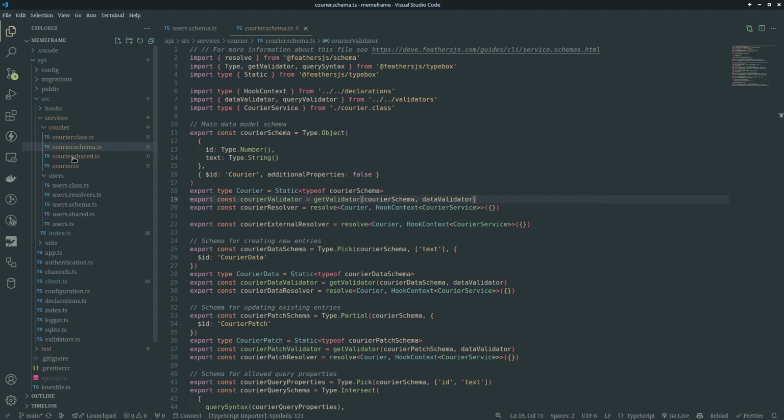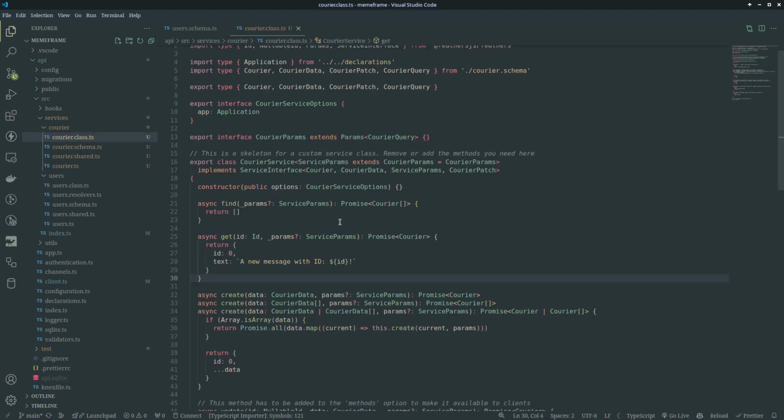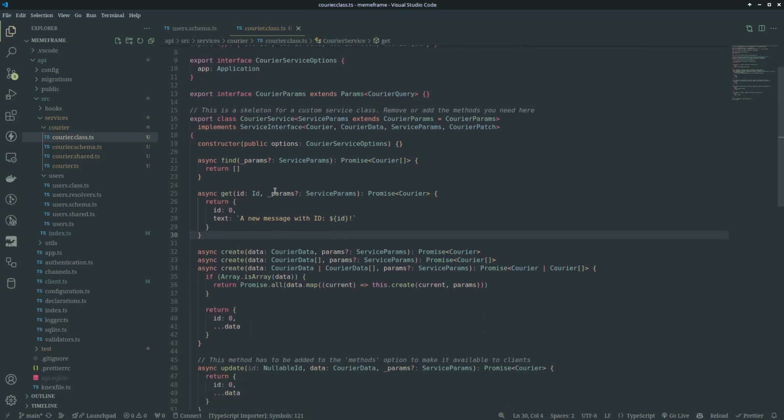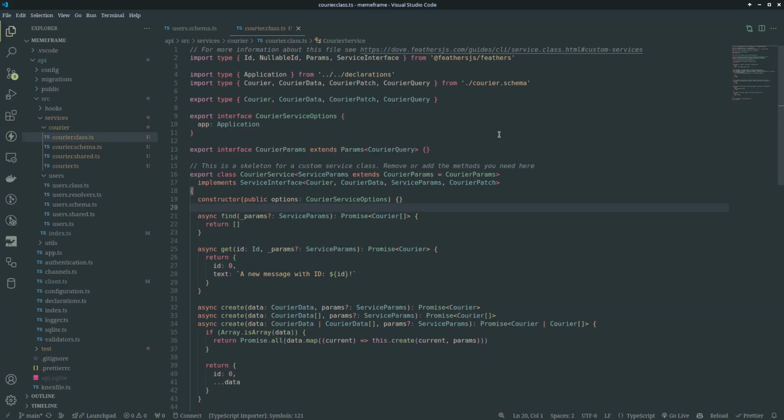Now we should be able to go into the courier class, which is where the bulk of what we want to do will be. So we have this service. I think this is probably the first time you get to see me work with the service stuff. This is a custom service, but as you can see, it's a class that implements the service interface provided by Fedas. And for the service interface, you have to provide the response interface,